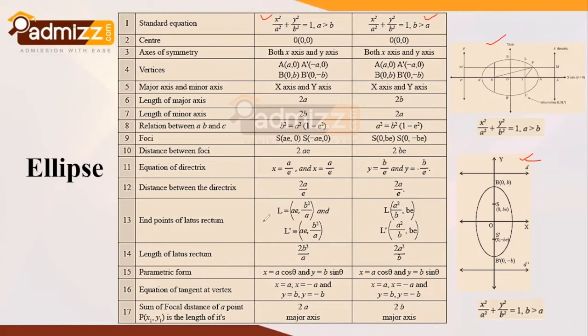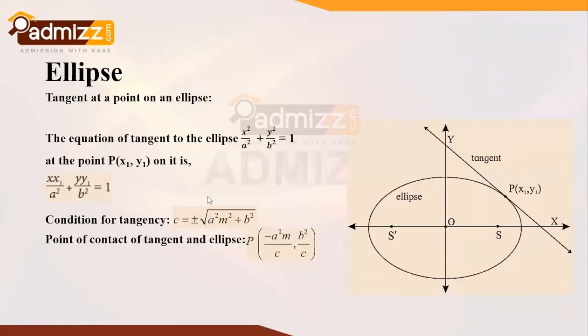Now let us try to discuss the further part of this particular topic, that is ellipse. Now next part is tangent at a particular point on an ellipse. So let's say, as you can find over here in the figure, the tangent is located at a point P, which is given by the coordinates x1, y1, and we are intended to find the equation of tangent at this